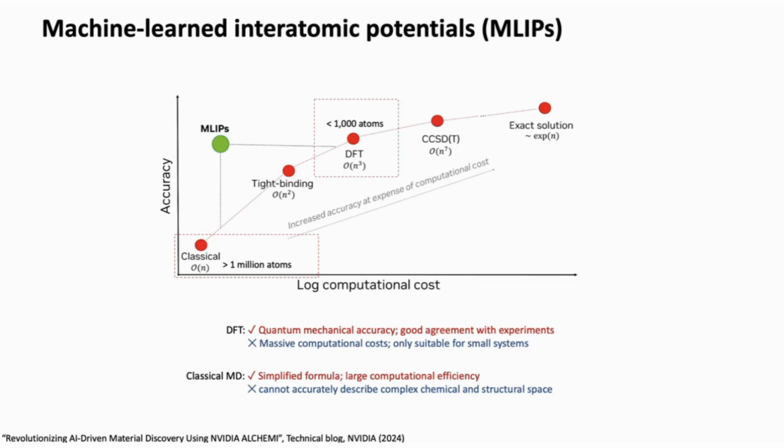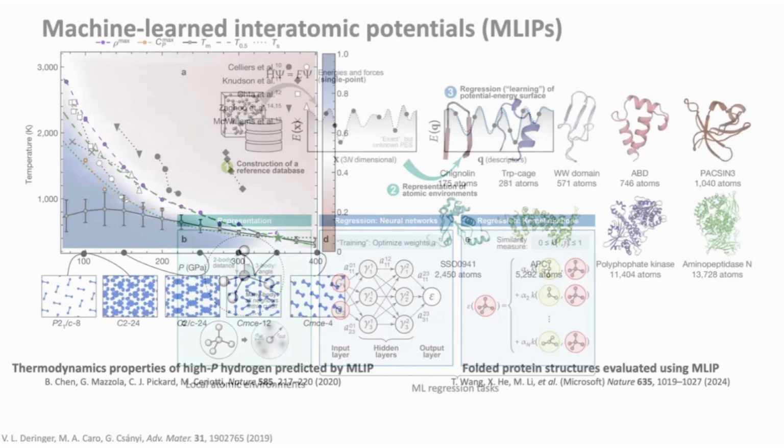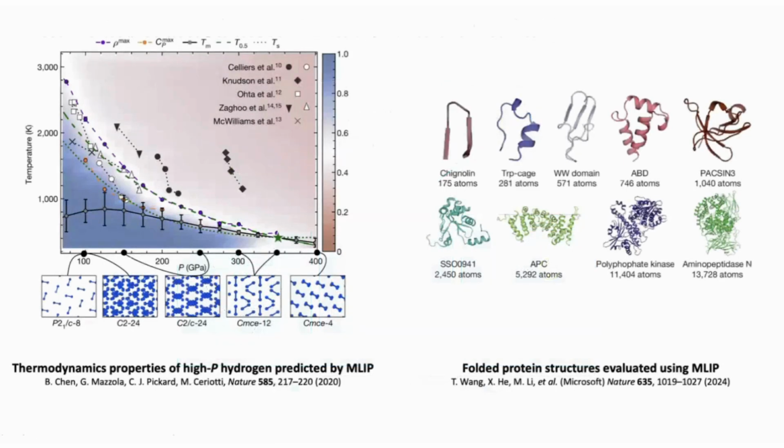But for now, this gap has been bridged by using machine learning in atomic potentials. The machine learning task in a machine learning potential is very straightforward. We want to regress the potential energy surface so that we can accurately compute the energy and forces of individual atoms for molecular dynamics simulation. We start by encoding the local environment of our training structures, and then we put them into the machine learning models and train the machine learning potential.